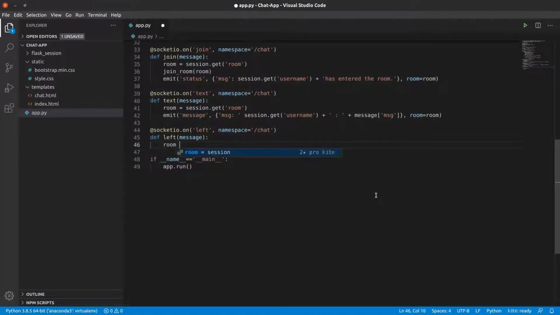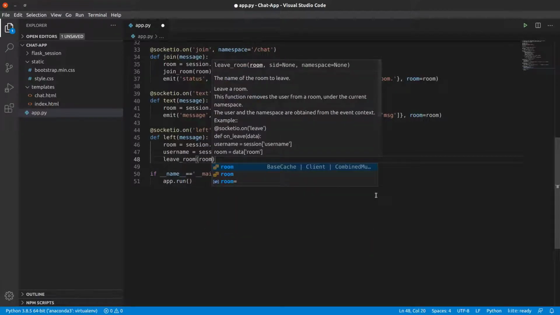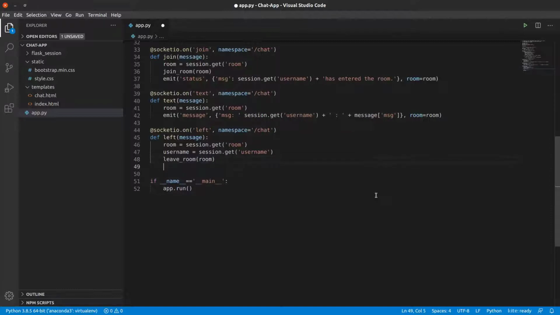So get the room name, room equals session.get room, and then get the username, so username also from session, session.get username. Then we have the function leave_room, and we will pass the room in it, so that the user leaves the room.